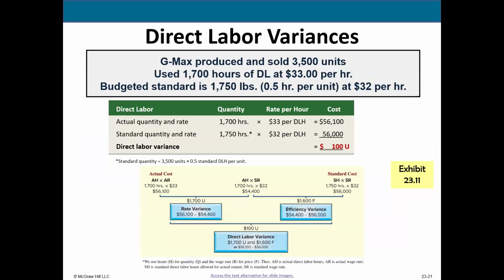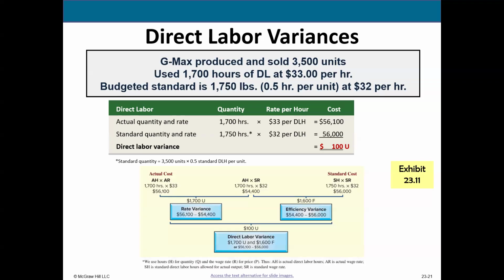Next, I'd like to talk about the direct labor variances. These variances typically occur because maybe the skills of our employees are different. They have different hourly rates. Maybe there was a change in those rates. Maybe there was a change in how efficiently they work. So that's why we calculate these variances. Using the same data from our earlier example, we can calculate the rate variance and efficiency variances.